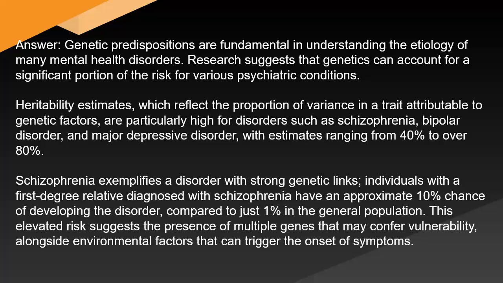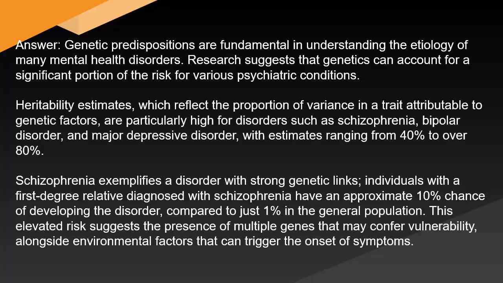Schizophrenia exemplifies a disorder with strong genetic links. Individuals with a first-degree relative diagnosed with schizophrenia have an approximate 10% chance of developing the disorder compared to just 1% in the general population. This elevated risk suggests the presence of multiple genes that may confer vulnerability, alongside environmental factors that can trigger the